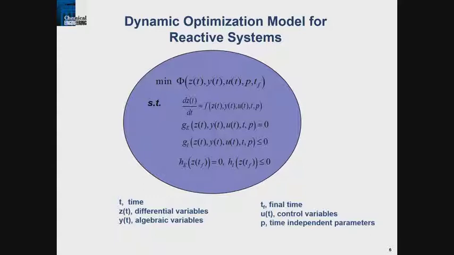And in particular, what we have here is differential equations, algebraic equations, differential states, algebraic states, maybe some control profiles, but that comes later. And then finally, what we have is parameters P, okay? And those are the ones that we need to deal with as decision variables. Now the first question is, how do we solve this? Well, one of the things about reactive systems that becomes very important is that they are frequently open loop unstable. And so if you put in a certain set of parameters, you might not get this to line out at steady state. This could actually blow up.